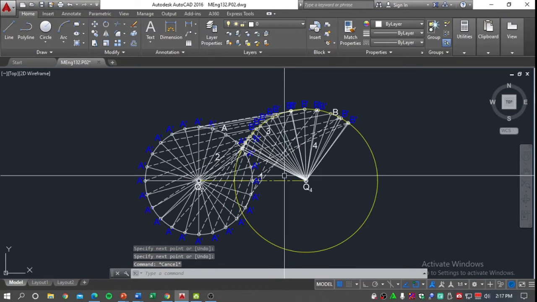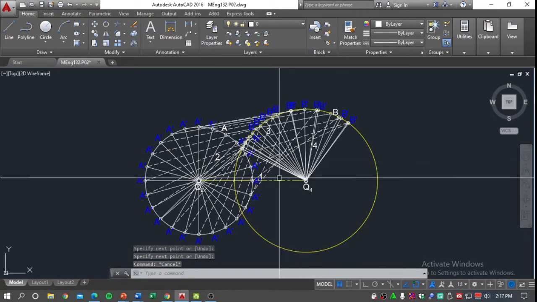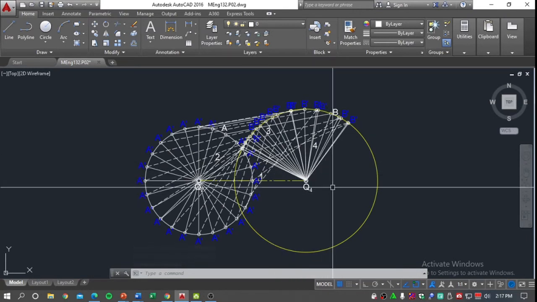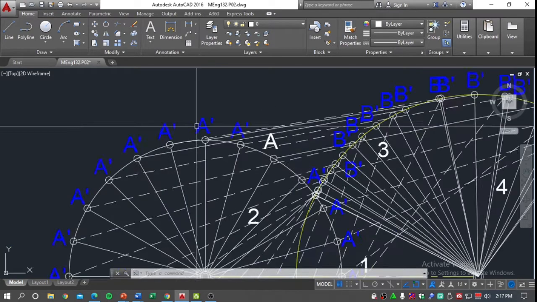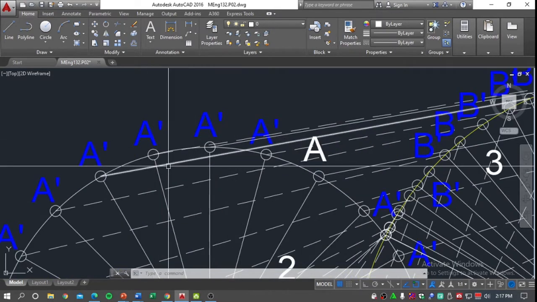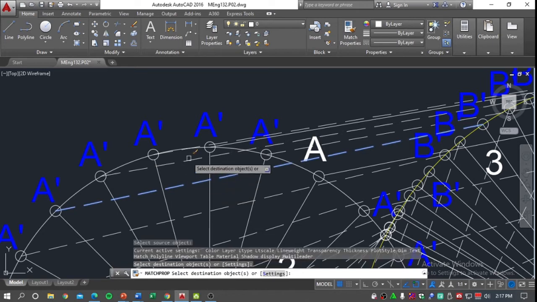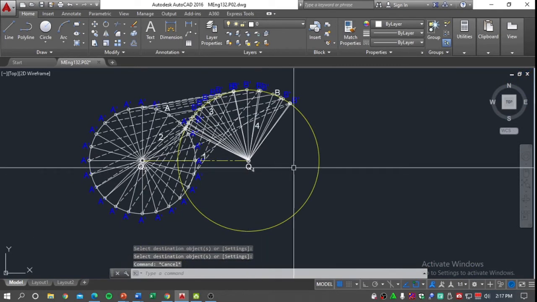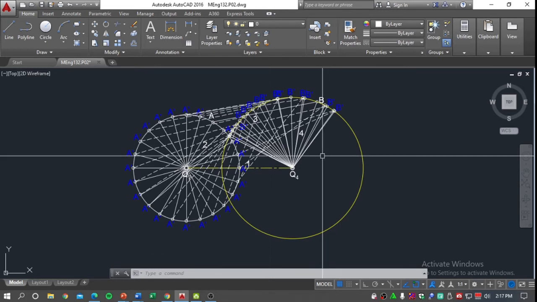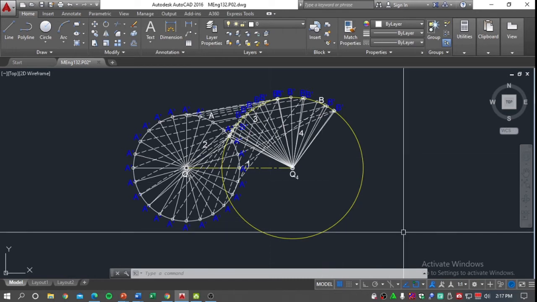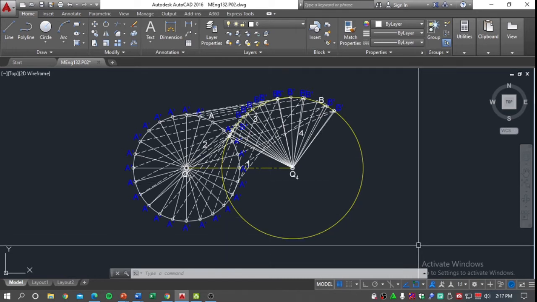All right. So we have just completed projecting all the positions of the whole bar linkage. If you take a look at the several positions of the full bar linkage, we can see here that